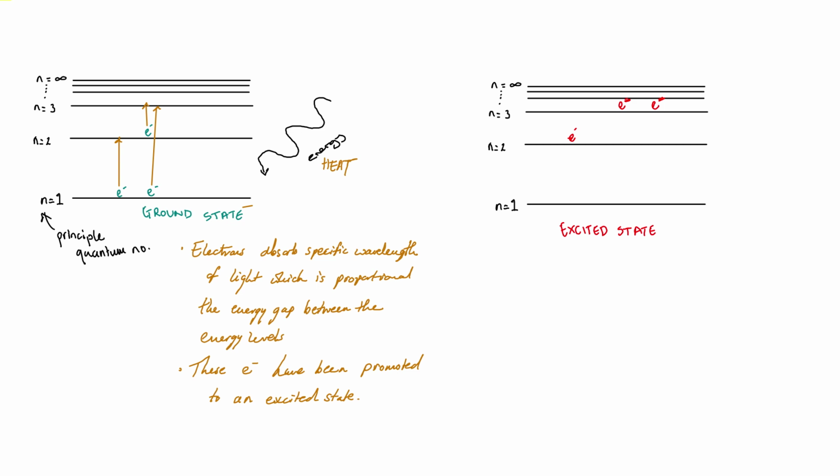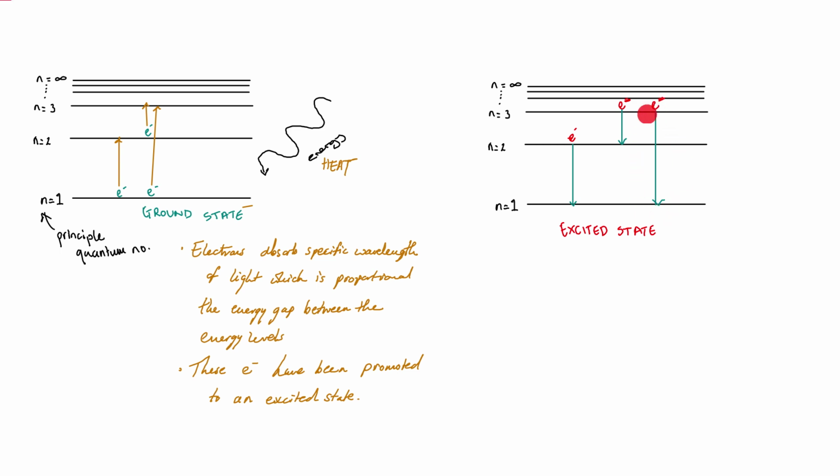Now what will happen is they won't stay there for long, so they'll start dropping down back to their ground state. So I'm going to use some straight lines to make it nice and neat. They drop back to their ground state, so this electron will drop down to n equals 1, principal quantum number 1. This electron might drop back to here, and this electron back all the way down, just as before. So let's just put some arrows in to show the direction. And as they do that, let's focus on